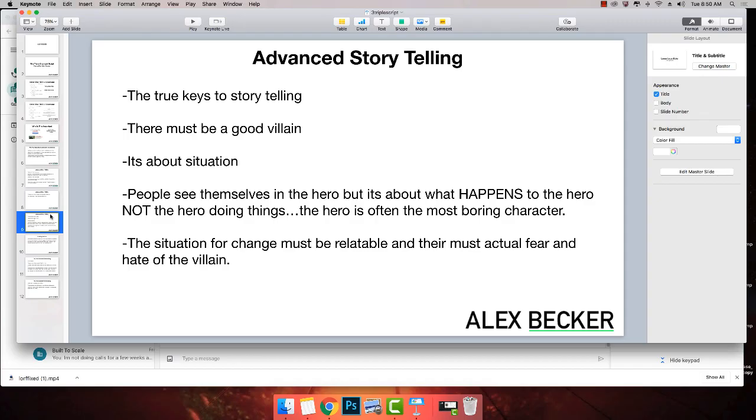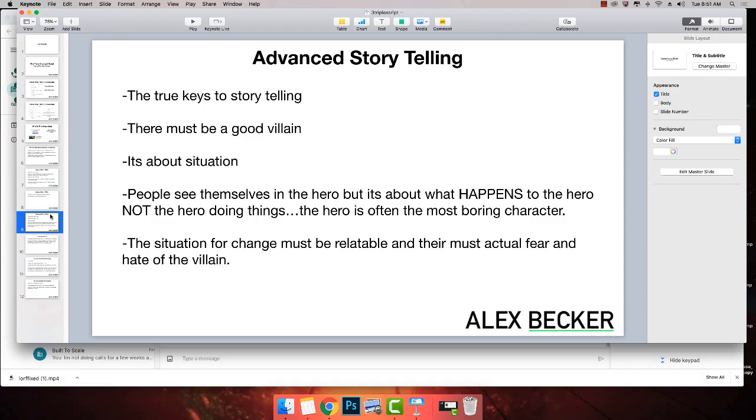Hunger Games, the whole premise of the movie was, hey, they just put a bunch of kids in an arena and they fight to the death. And then they create this really interesting world and everything. It was really engrossing. It's all about the situation or the villain. Because people see themselves as the hero. If you notice in most stories, the hero is the most bland character. Like Luke Skywalker wasn't that exciting of a character. I mean, he's a likable character, but he wasn't really the reason why Star Wars took off. This young guy becomes the hero. We've seen that story a billion times. It was the situation, the empire, the extremely interesting world that he was placed in.